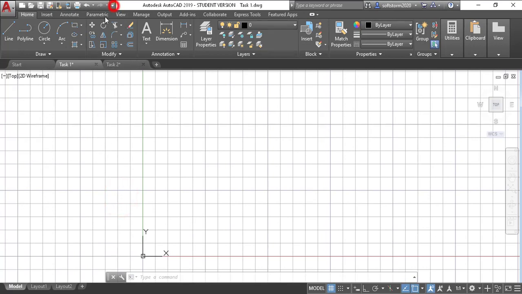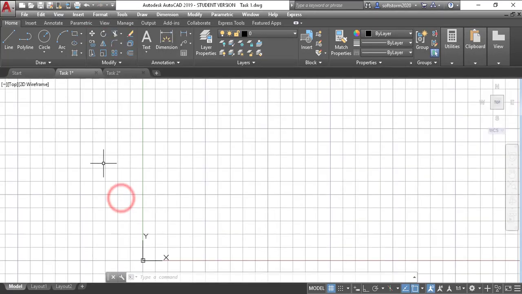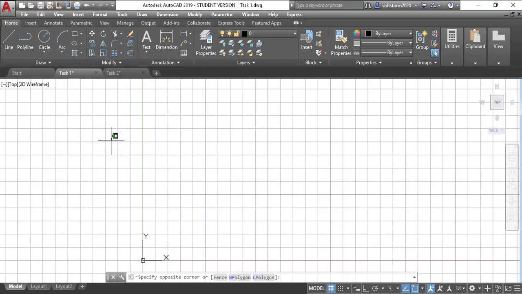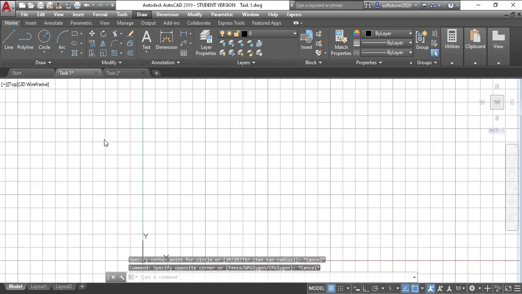In the menu bar you can invoke the circle command by going to the draw menu and then circle. Once again you can see that there are 6 options or 6 methods by which we can draw circles. So in the fourth method, to invoke the circle command, what we have to do